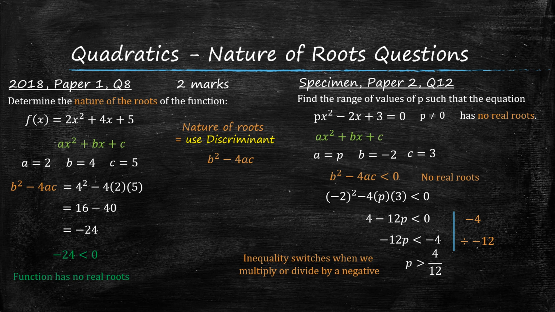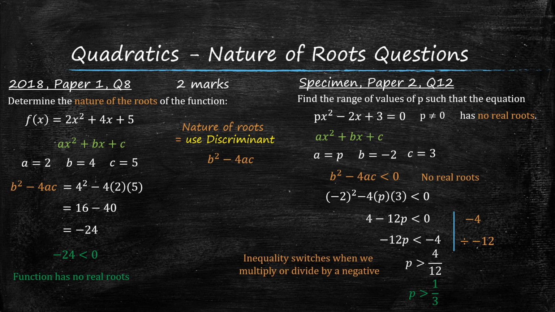So this gives us p is greater than 4 over 12, or simplified down, p is greater than a third. So the range of values of p such that the equation has no real roots is p has to be greater than a third. So in this example, we had to use the discriminant rule b squared minus 4ac